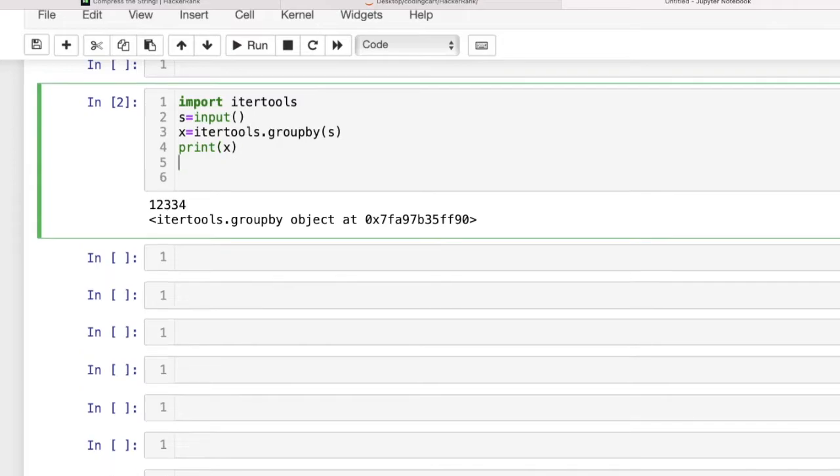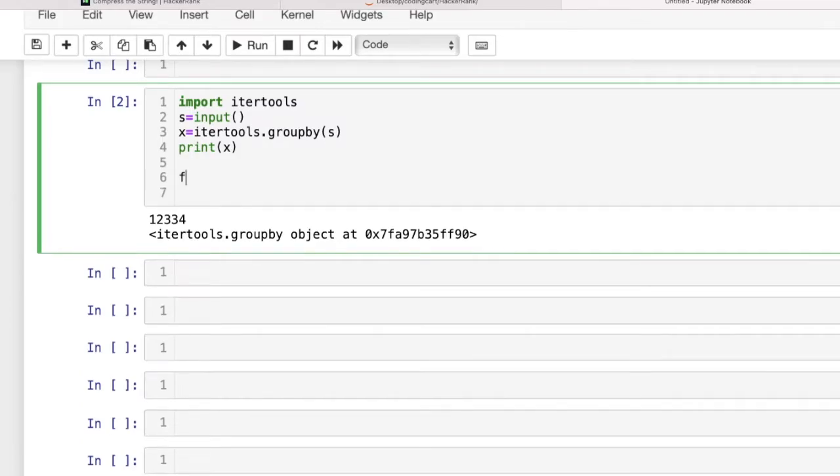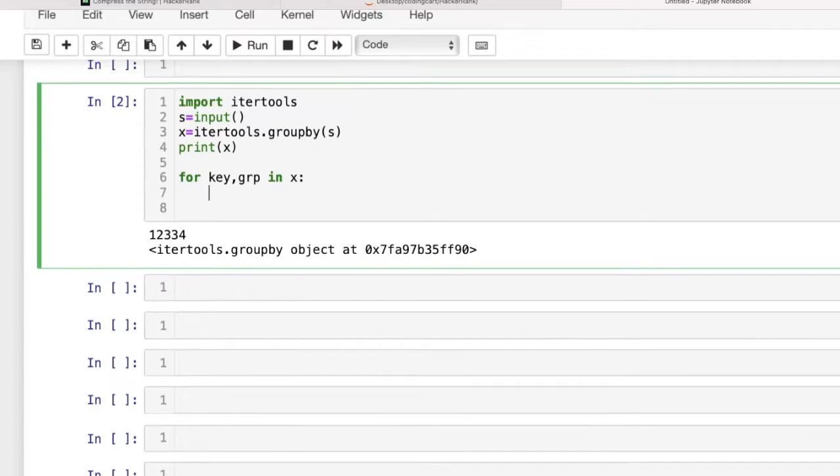So since this x consists of key and groupby things which are of iterable type, let us use a for loop to get the key and one by one object from the iterable type. So suppose key and group value in x. So let us print this key and group variable and check what they are printing.